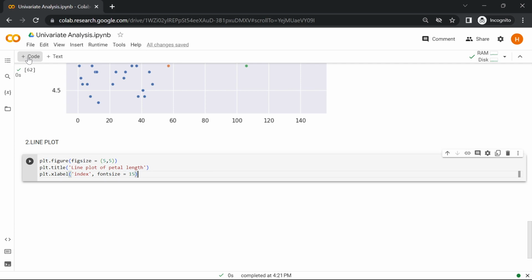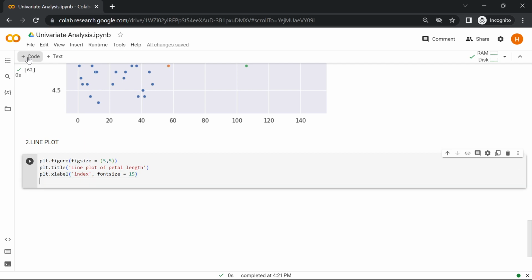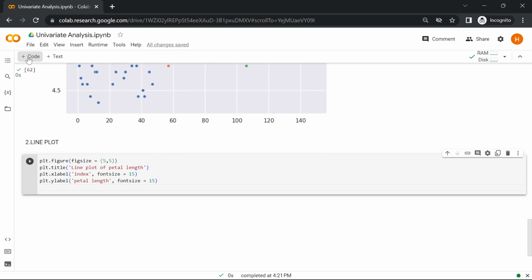This is to set labels on the x axis, and then plt.ylabel petal length. We'll also set the font size here equals to, say, 15. This is to set the label on the y-axis, and then plt.plot